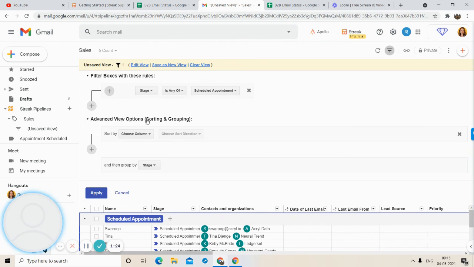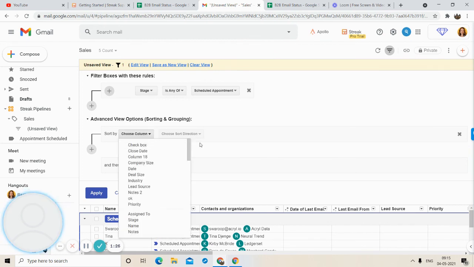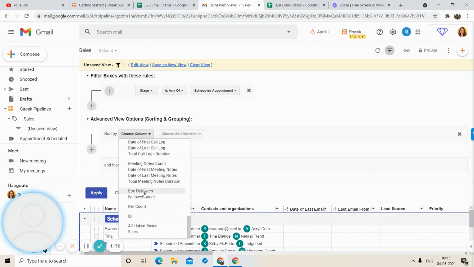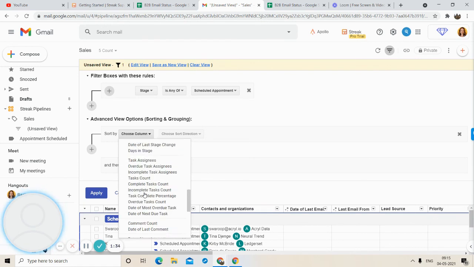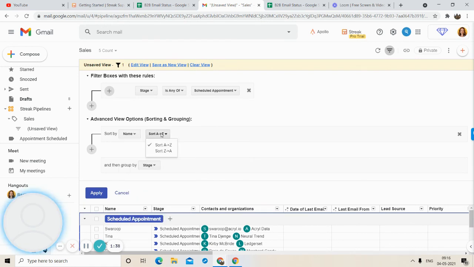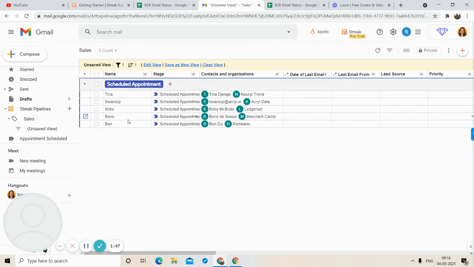And now the advanced view option, sorting and grouping, is nothing but, suppose we have names, right? Suppose we want to sort them in descending order from Z to A. I will do that and apply.